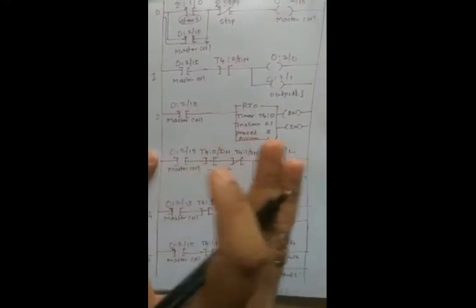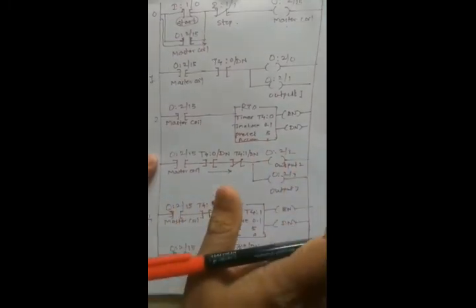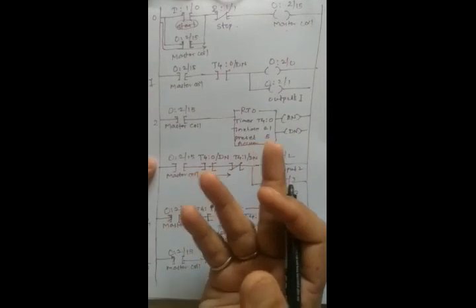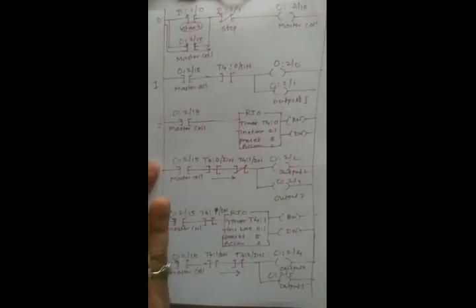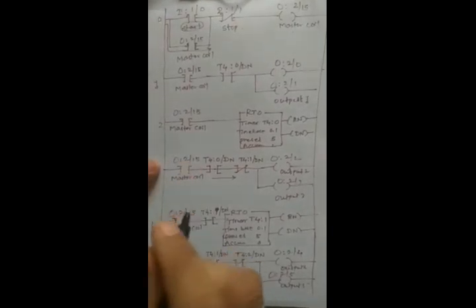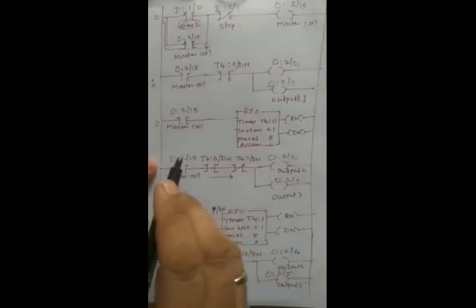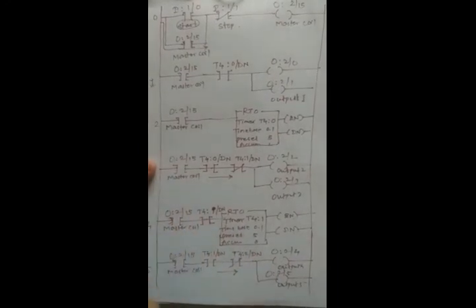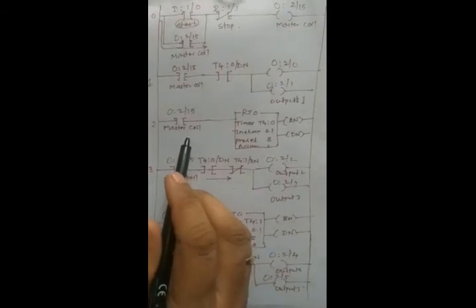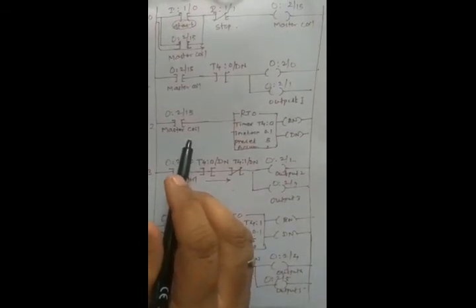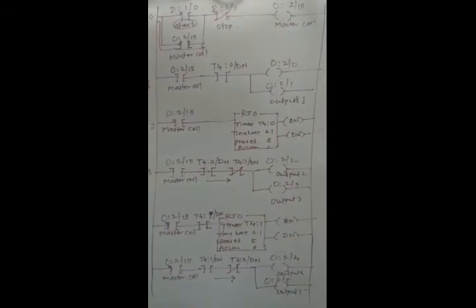The only difference in this program is that the retentive timers are used, so that whenever the input is withdrawn or power fails, the timer does not reset itself, because this timer has the capability of storing the last accumulator value. Hence when our input is given again, the program starts from where it was left previously. That is the advantage of using retentive timers. So simply a time delay of 0.5 is generated here for each pair of lights. Okay, so in this way you can control the sequence of lights using retentive timers.